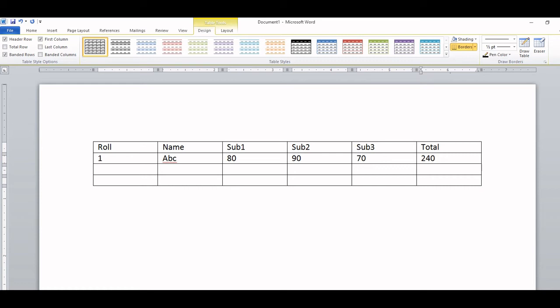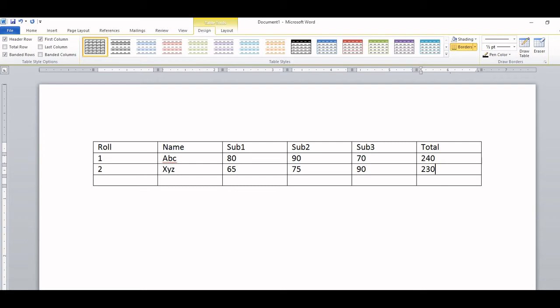Roll 2, like X, Y, Z, then 65, 75, 90, 230. So like this you can do. Okay, so this is the way how to create the table.